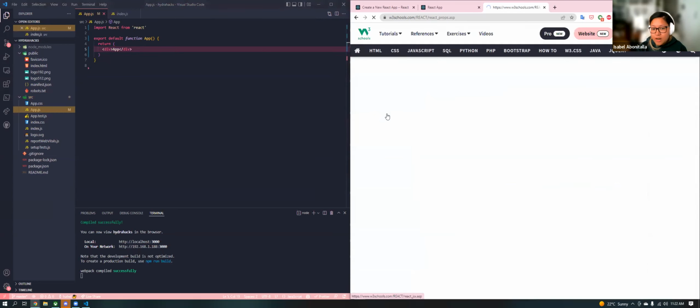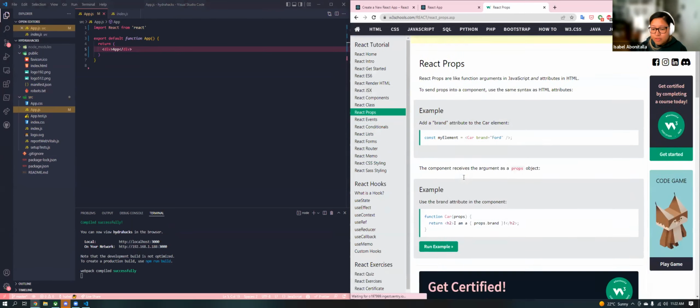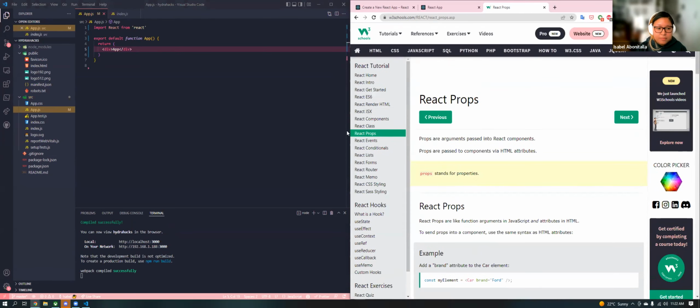Props being right here in the website that I was referring to in case you want to learn more. So app, my main function, is going to have everything that I want to show, but in case I want to make another component that I will reuse within app, I would create something else and be like function, oops,